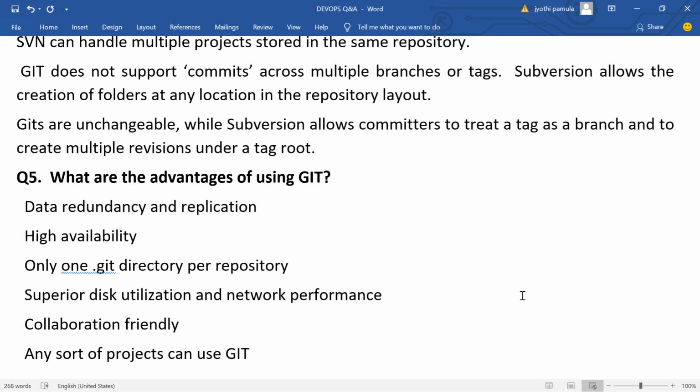Git does not rely on the central server. That's why there is no need to interact with the remote server for every operation performed. Then implicit backup, that is data redundancy and replication. The chances of losing data are very rare when there are multiple copies of it. Data present on any client side mirrors the repository, hence it can be used in the event of a crash or disk corruption.